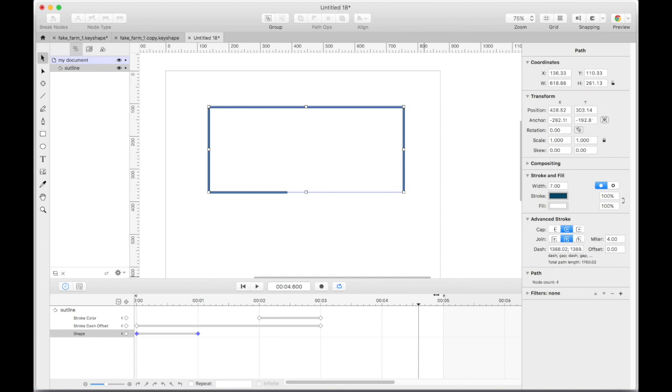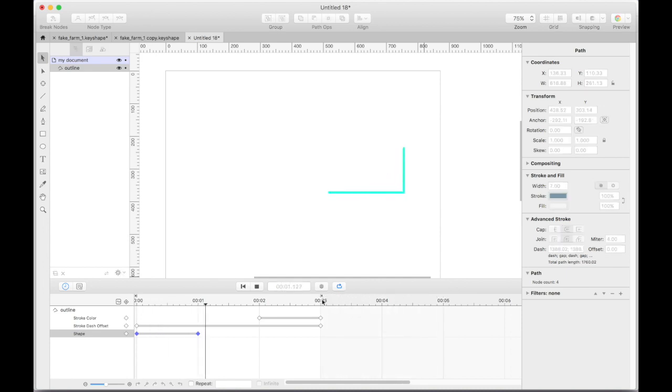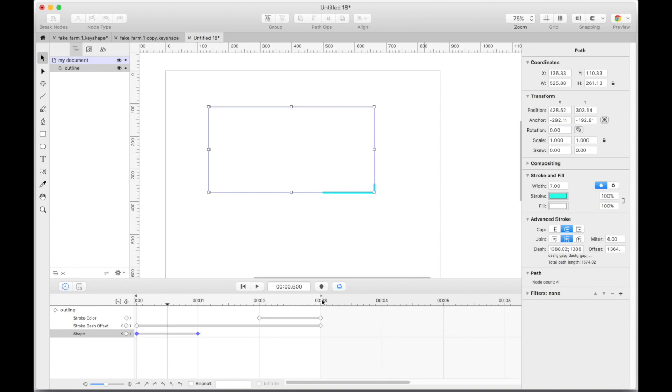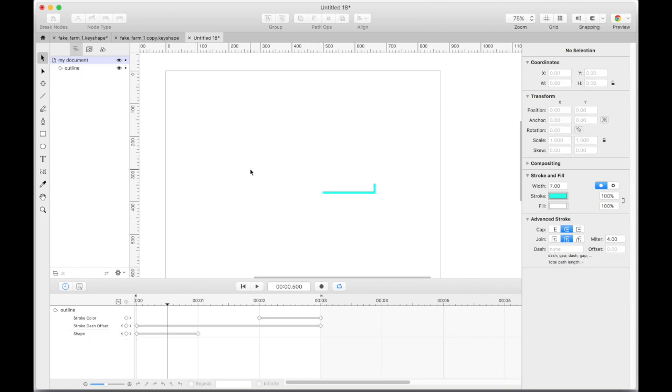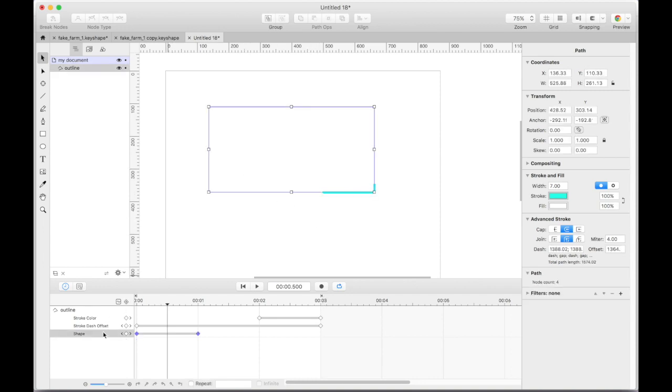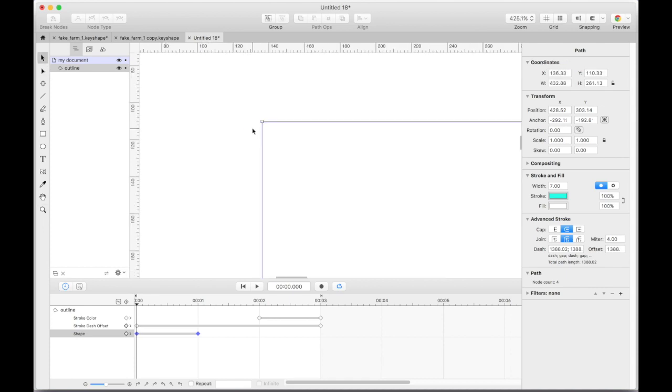I'm going to go ahead and move the time. And so it's doing that kind of weird movement because of the starting point. But where I want the start to be on this shape at the beginning is, so I'm going to grab the vector point, zoom in, try this again.